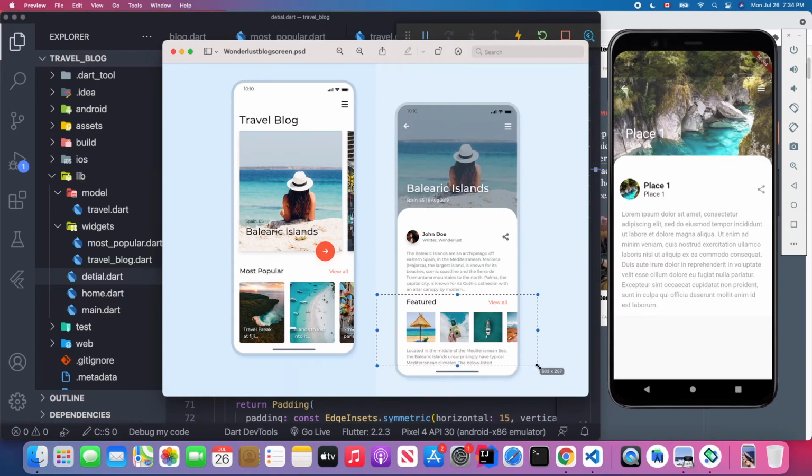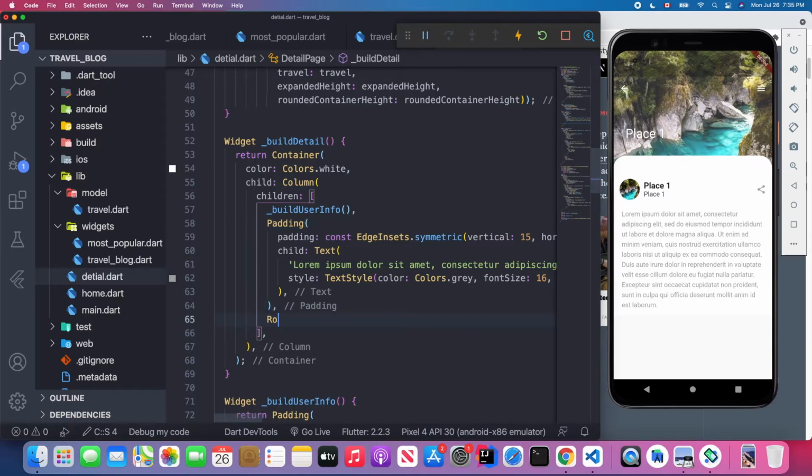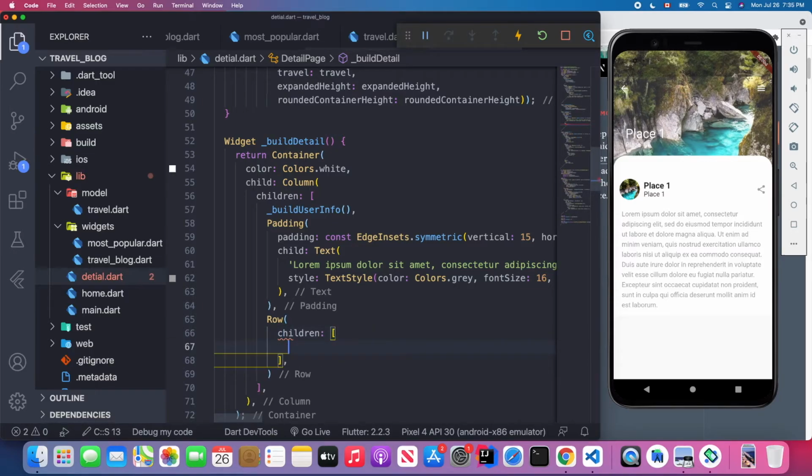Okay, next we're going to make the rest part. So this featured title and view all, probably below this padding, I create a row widget and fill out its child attribute. So in this child, I have a text called featured, and make it some style. Text style,